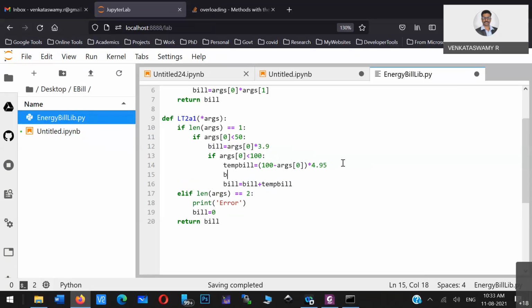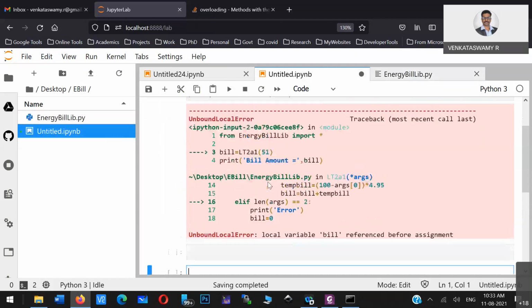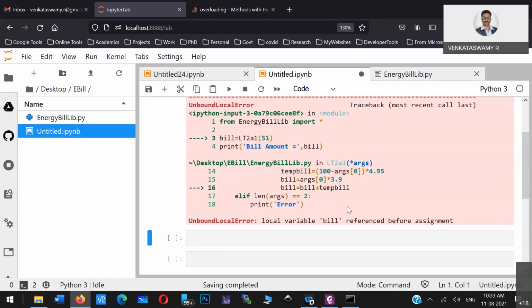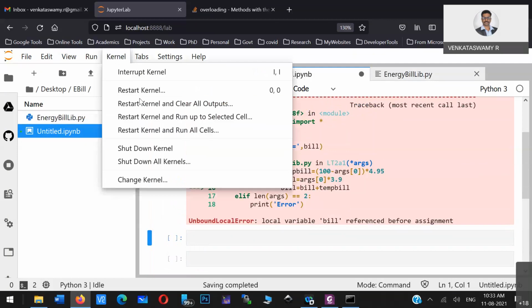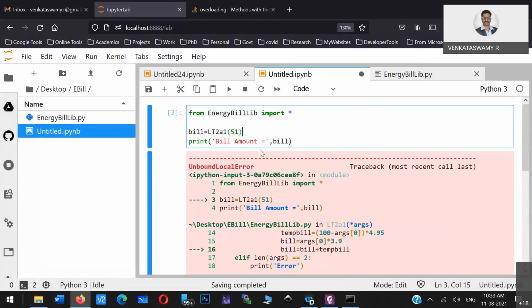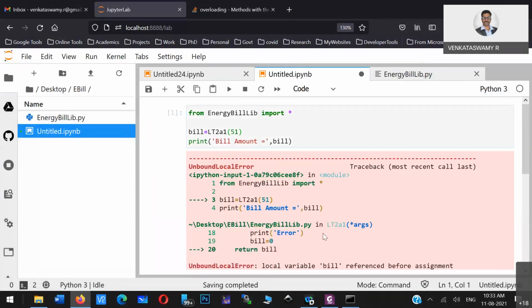So bill is equal to the same statement, and come here and run. The same program you try to run, and whenever we modify the program, the library we have to restart so that the new one gets loaded.